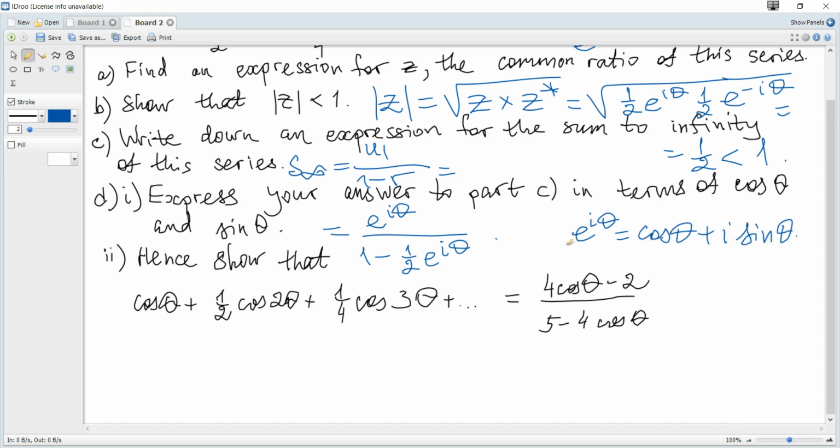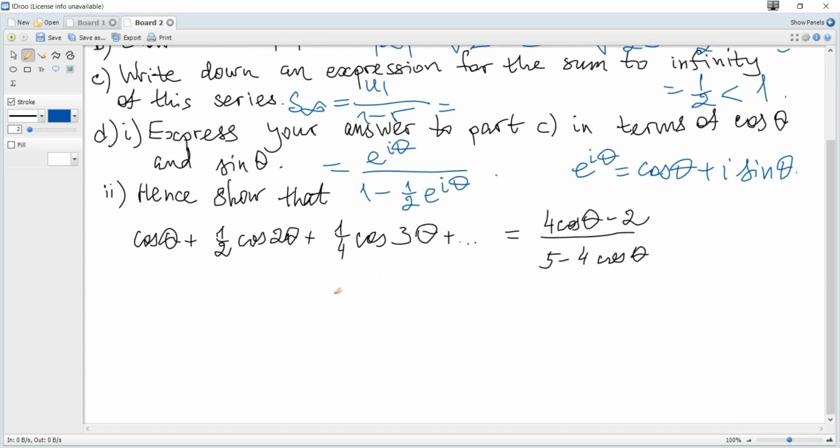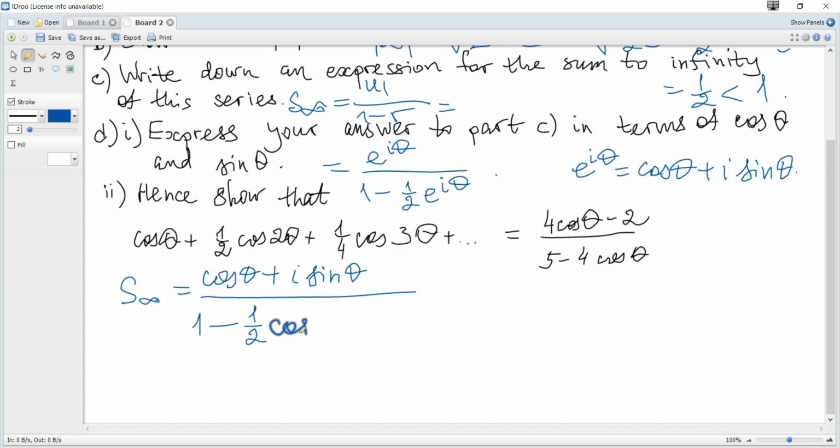This formula is given in the data booklet, hence our sum to infinity becomes cosine θ plus i sine θ over 1 minus a half cosine θ minus a half i sine θ, and hence shows that cosine θ plus a half cosine 2θ and so on up to infinity